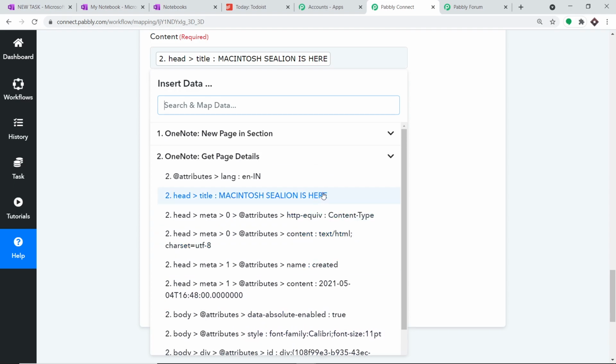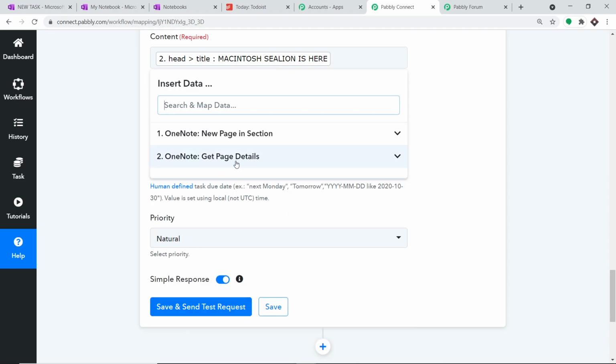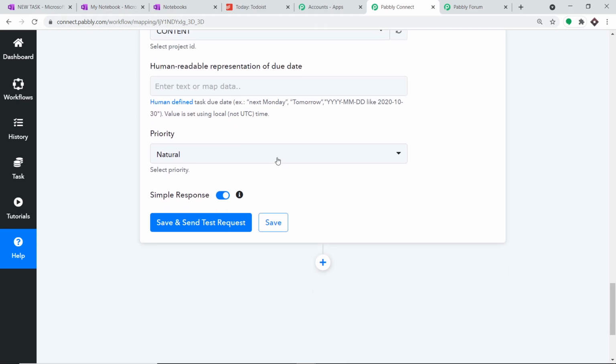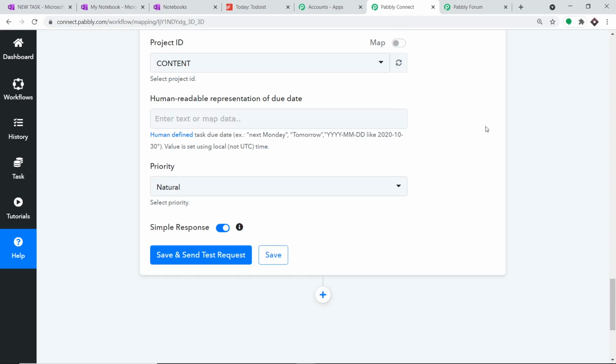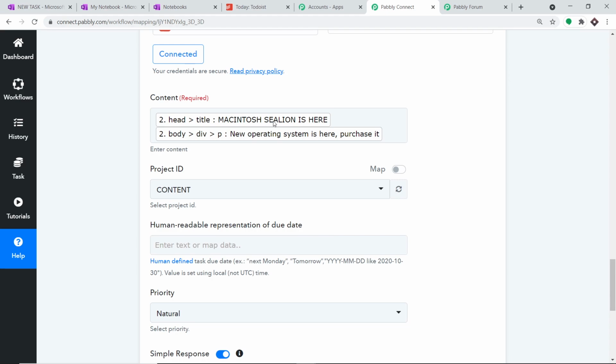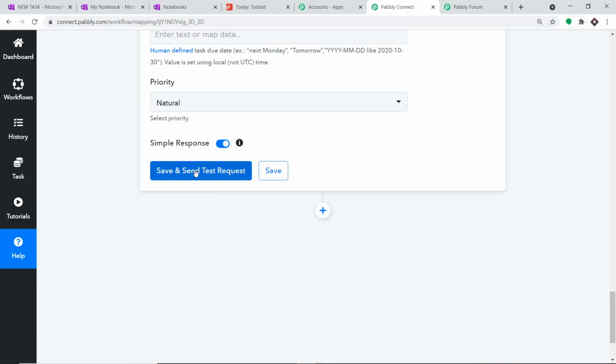Okay, so of course we have the get the page details. Okay, we have that, and in the later section we have the new operating system is here, purchase it. Okay, so we have mapped it. So basically this is the title and then we have the content, that is new operating system is here, purchase it. So when I click on save and send test request, it will create a task in Todoist.